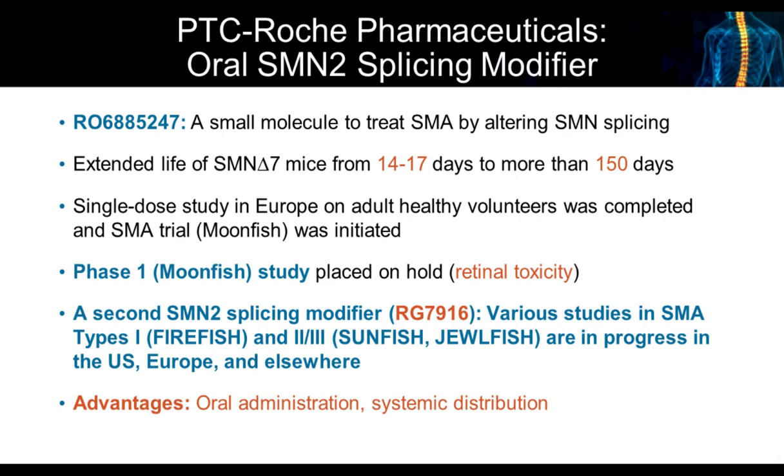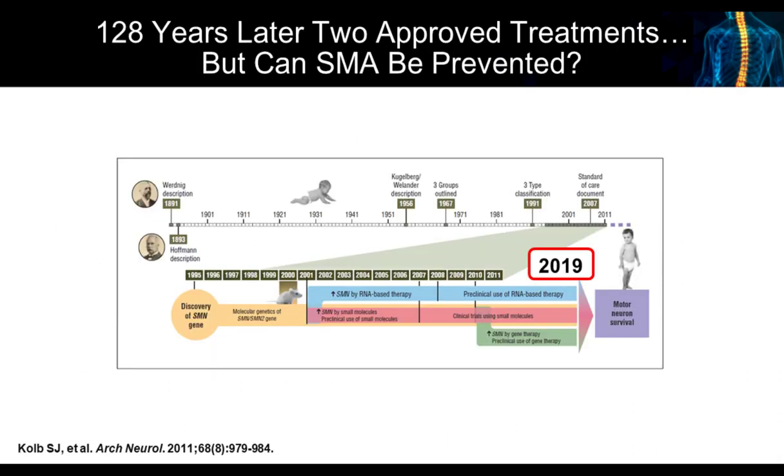Various studies in SMA type 1, known as FIREFISH, and type 2 and 3, known as SUNFISH and JEWELFISH, are in progress in the US, Europe, and elsewhere. The advantage of this particular intervention is that we have oral administration, and therefore we have systemic distribution. So, after 128 years of following the description of SMA back in 1891, now we have 2 approved treatments,